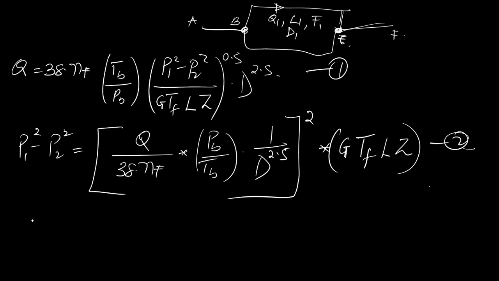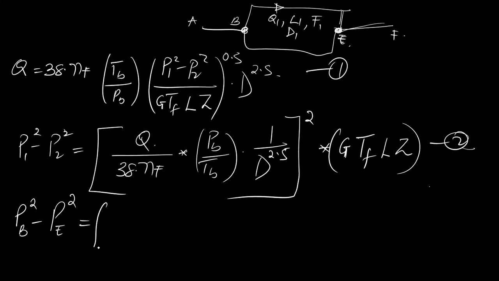So what we're going to get now is, we'll roughly say PB square minus PE square will now be equal to